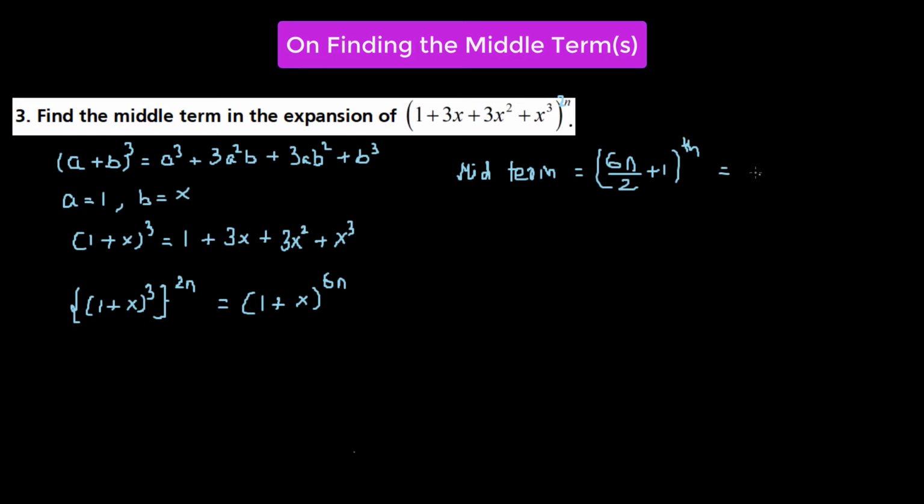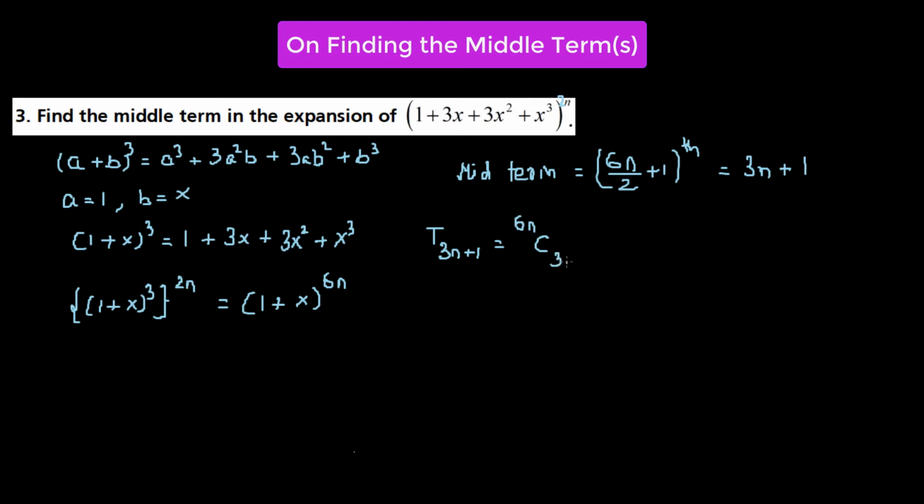6n over 2 is going to give us 3n. Oops, really sorry, that's going to give us 3n plus 1. So this is the term that we're looking for. So now we have to find out t of 3n plus 1, which is equal to